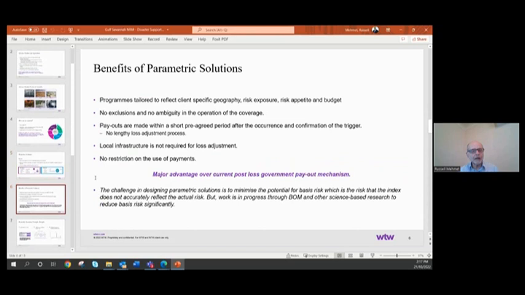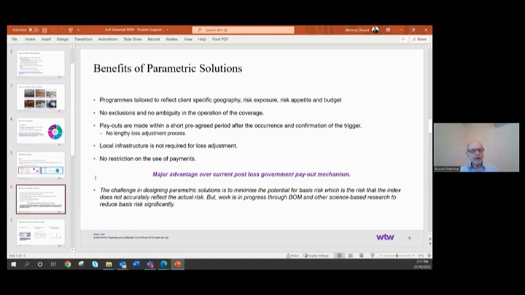So just that final bottom point, it mentions, for any of you who are not aware, what's called basis risk, and that's the risk where the index that's being set up in the policy doesn't actually reflect the actual risk. To give you an example of that, you might say if less than 50 millimeters of rainfall is what I'm insured for during a particular month, because that really is your key growing period. If it happens to be 51 millimeters that's read at the BOM reading station, the claim is not paid. Now, you might have had damage right on the verge, but that's what the parameters are. So that's called basis risk.